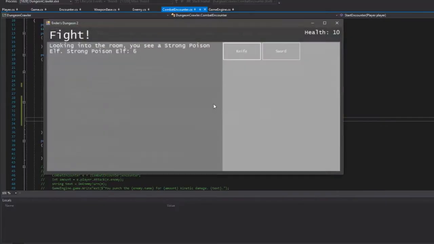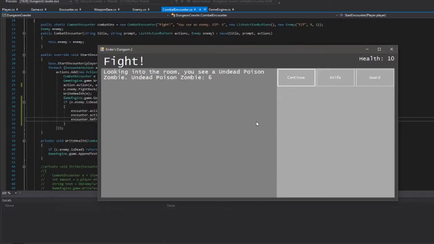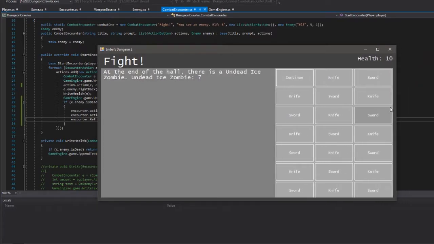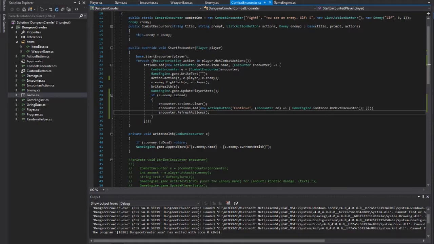Now when we start everything, and we take down our strong poison elf, we can continue. And of course we're going to have to clear that again, but that's pretty easy to do. I forgot to add that. So now, yeah, continue. Craziness. That happens. We also will probably need to figure out a scroll bar for this layout. Yeah, as funny as that is,